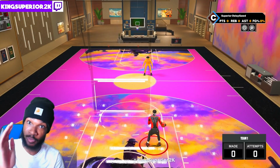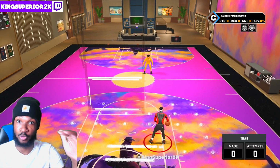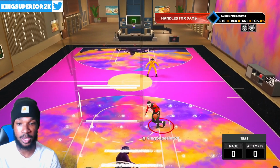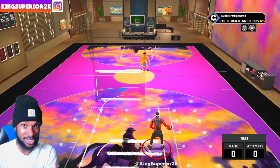So the ball is in your right hand this time. You're coming up the court, you're gonna rotate your right stick from the right to the bottom in a clockwise motion to get the spin back. Once you get the spin back, you're then gonna rotate your right stick from the top to the right in a